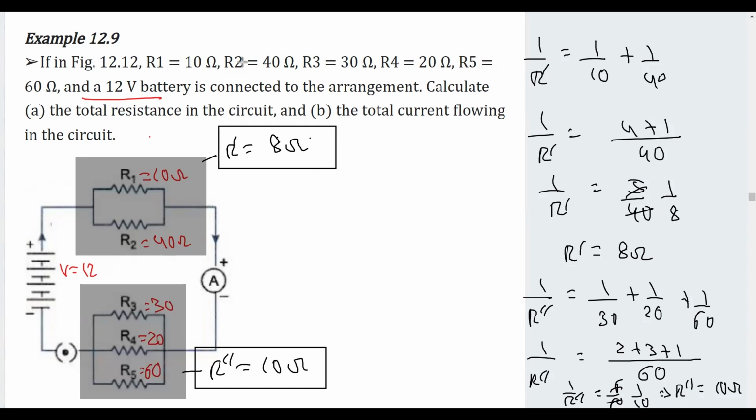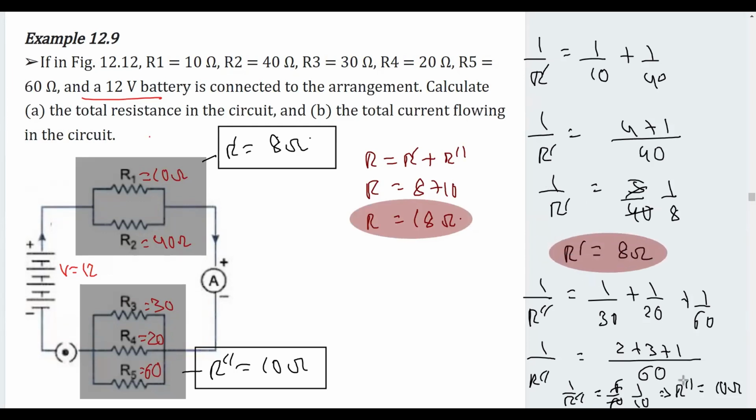And if I have to find out the total resistance here, I'll say R, the total resistance, will be equal to R dash plus R double dash. So from here it is 8 plus 10, so it comes out to be 18 ohm. Well, we did the first part, where we found the total resistance by adding these two. And finally, what we have to get in the second part is to calculate the total current flowing in the